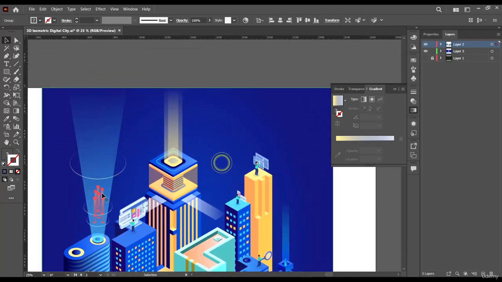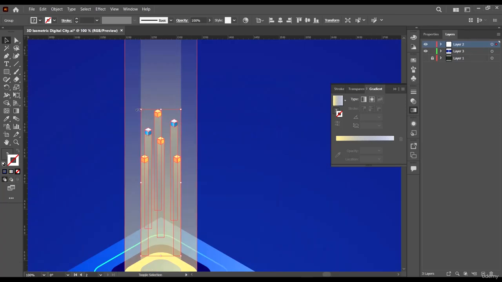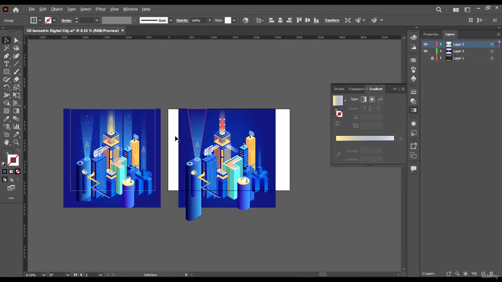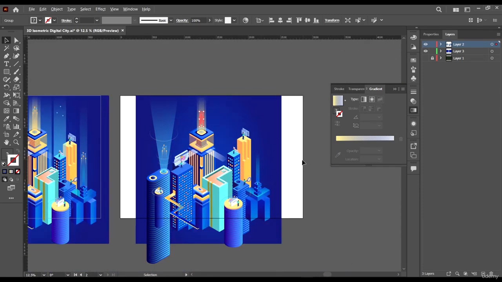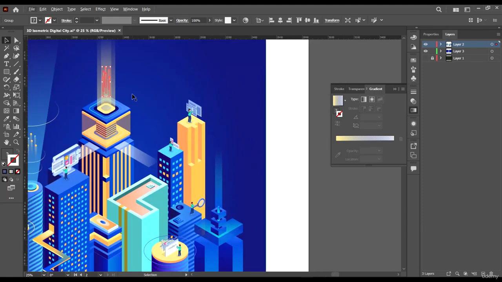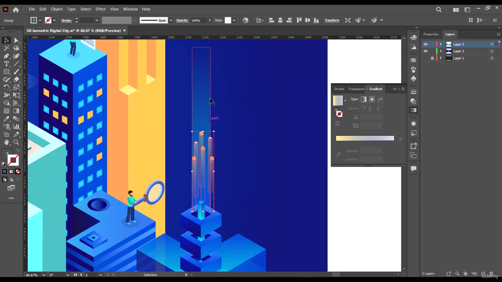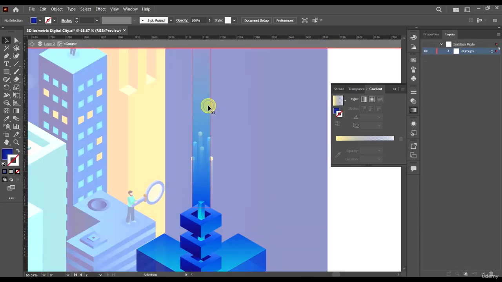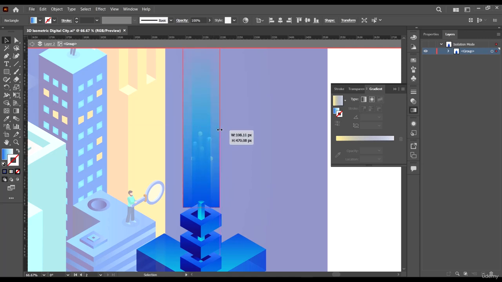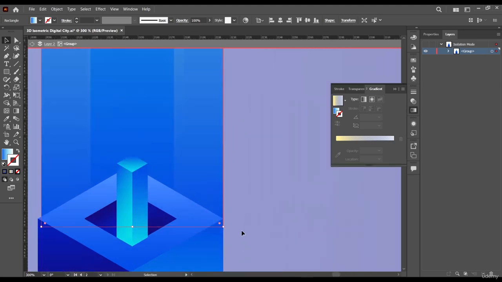Basically that's it for this one. For this other guy, we can just duplicate these guys and bring them here. Just reduce the size like this. Perfect. Basically that's what I did for most of these other ones. I just duplicated this one, for example, put it here, and then for this light beam, I did Control C, Control F, expanded it like this, and dragged it to the down side. Okay, like this,